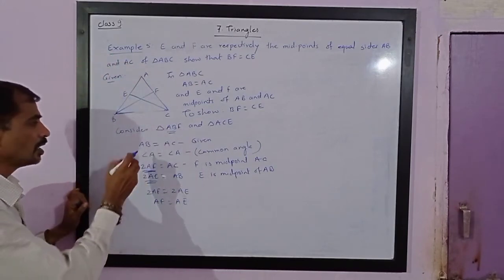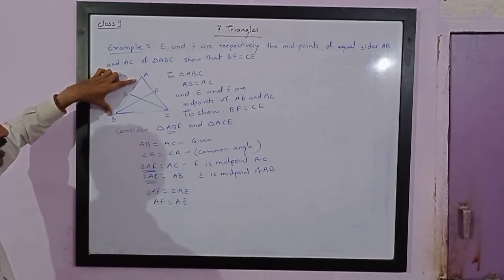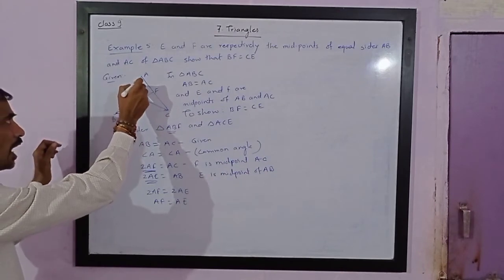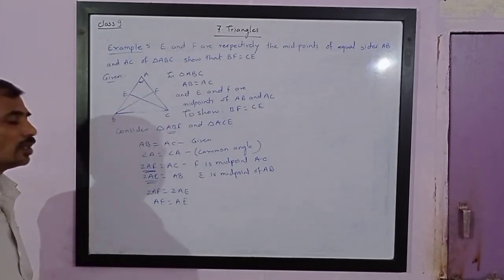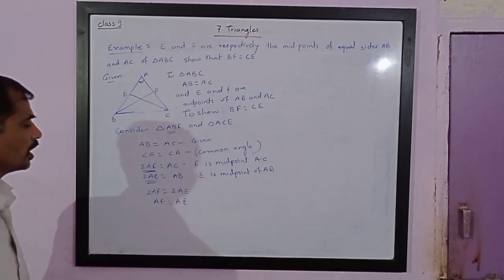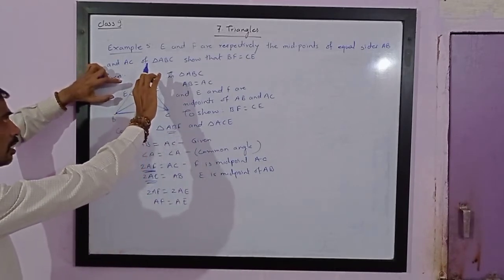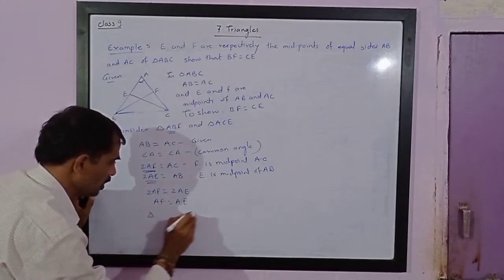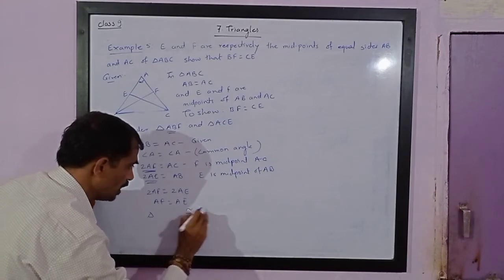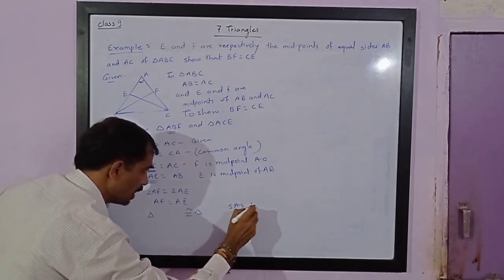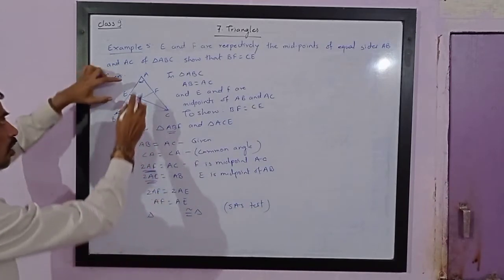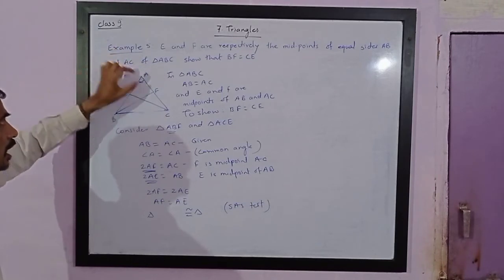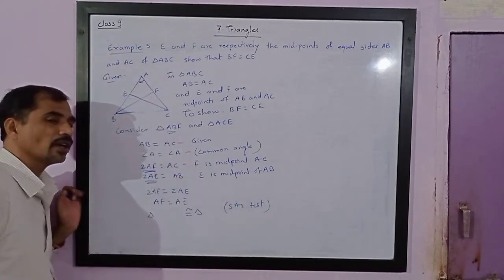Now one side is congruent to one side, the second side is congruent to the second side, and one angle is congruent to itself. So the triangles must be congruent by the side angle side test. Please note, the angle is included by the congruent sides: AB, AF and the included angle, and AC, AE and the included angle. It means the two triangles are congruent by the SAS test.